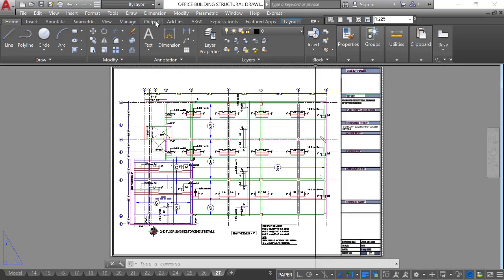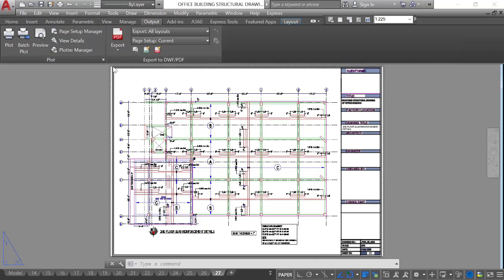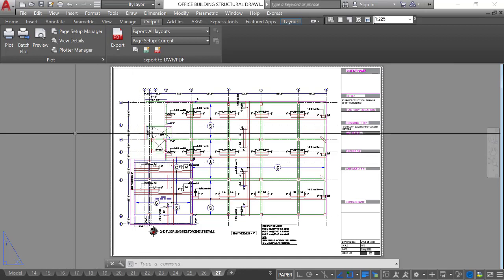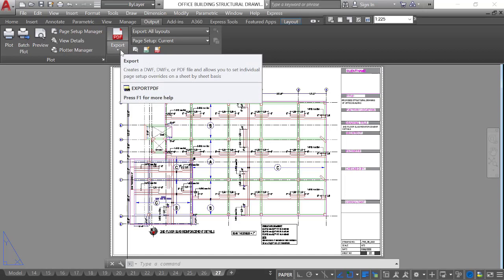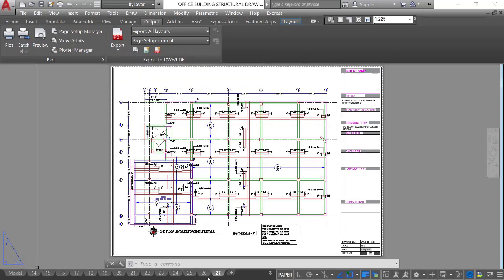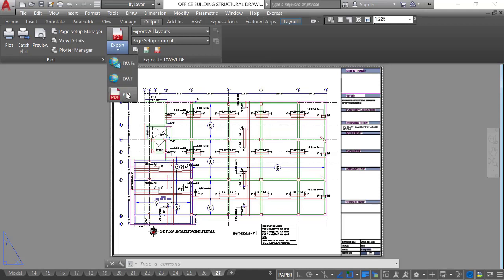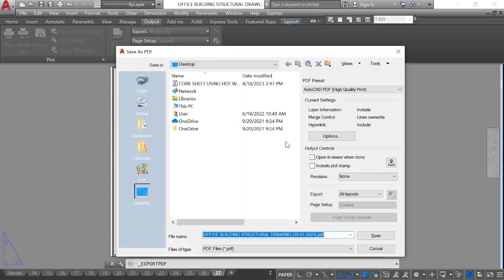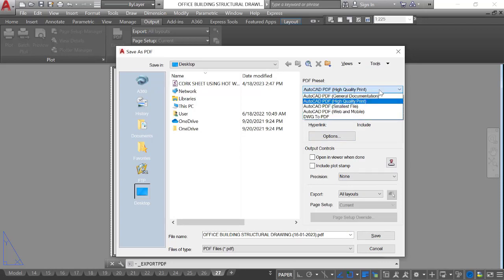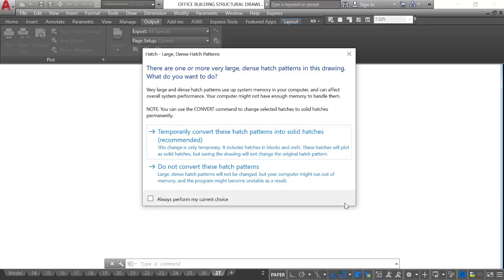Go to the Output tab, go to Export, go to PDF, click PDF, select the file location on the desktop, PDF preset AutoCAD PDF High Quality Print, export all layouts, click the Save button.